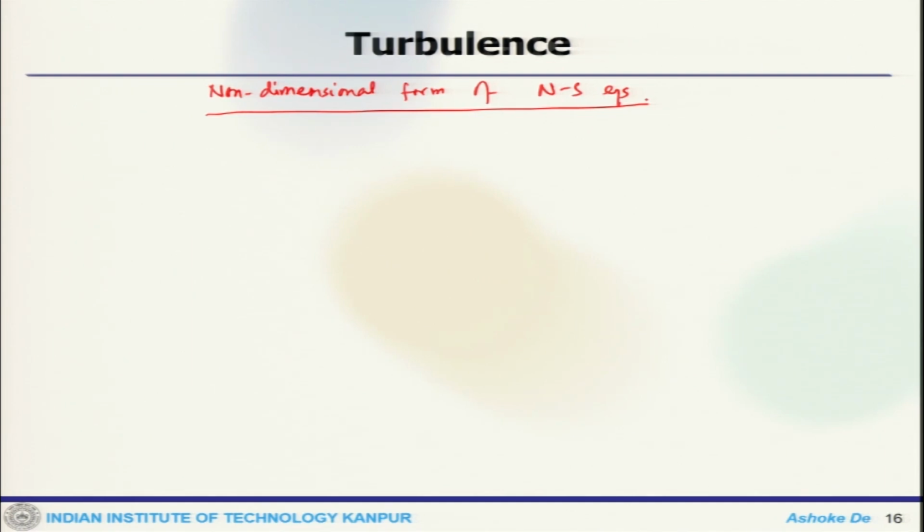So, first thing that we will do, we will non-dimensionalize the system. So, for that we need some characteristic velocity and length scales. So, we say capital U and L,